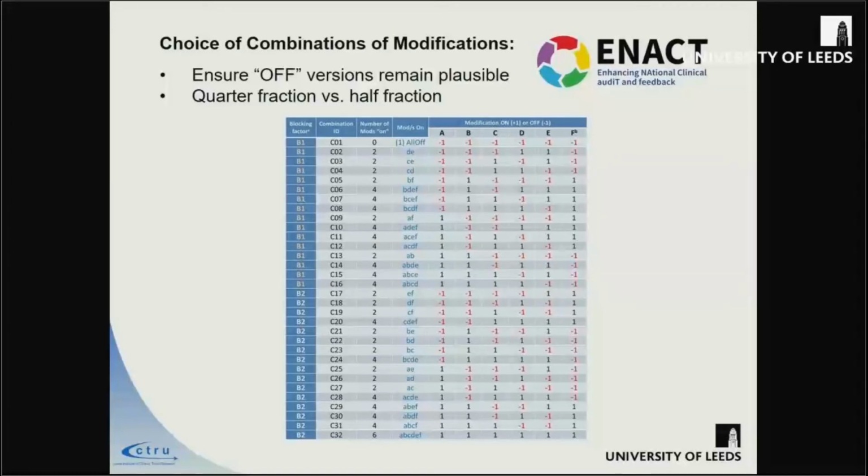And we also needed that the off situation, where you had none of the interventions, was still a reasonable intervention. But once we'd decided that, the next stage in our thinking was to decide what type of fractional factorial design, because the full factorial design would have meant 64 different interventions, which we felt was possibly unnecessary, mainly for various reasons I can go into another time. But as a result, we wanted to know whether to do 16 versions of it or 32 versions of our intervention.